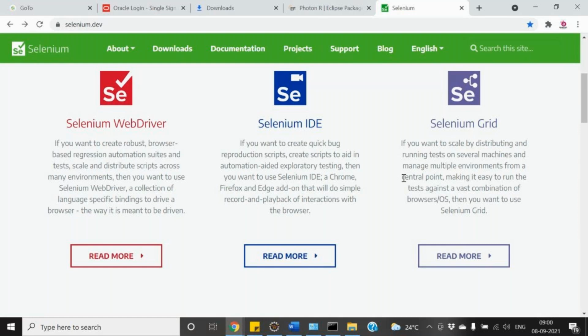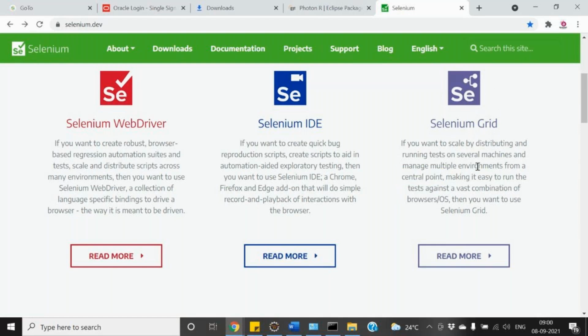Yeah, I can create some master and slave, or some center point and supporting machine mechanism, and then I can execute all the test cases on my machine or your machine as well. That is the mechanism we can create over here. You can see the icon, the master and then the two hubs, isn't it? So we can create this hub and the relation, and we can execute these things.